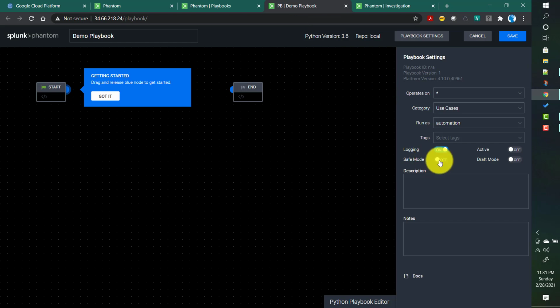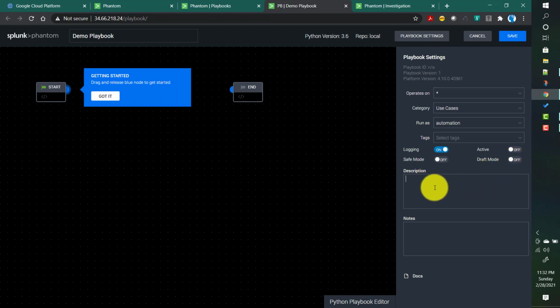And safe mode means, a particular playbook can have 2 different kinds of actions. Either it is read only, or it is a read write operation, like changing something. Here we are changing the event status, correct? So in those cases, if you use this playbook in safe mode, it will not do any kind of read write operations. Those operations will not be performed by this particular playbook. So that is the safe mode option. And draft mode means, if you turn it on, even though your playbook is not finished properly, you will be able to save your playbook.